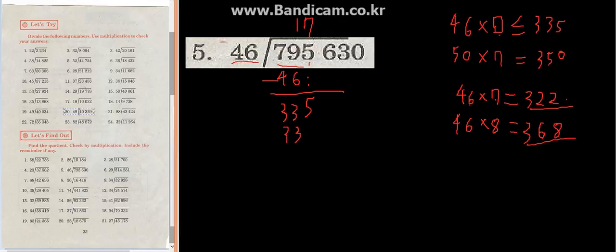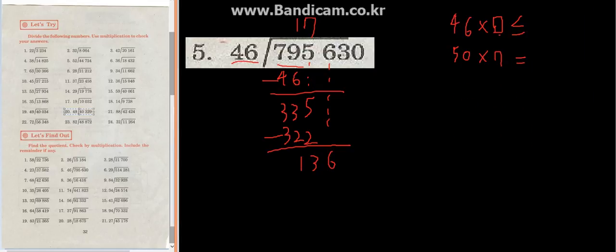I'll make it more neat. 322. So that'll be 113. And we put down 6. And we do all the same. This time, this is going to be 136. I'm going to speed it up. 136 is quite close to 150, and if we multiply by 3, it's going to be 150. And we put a 3 in the box,